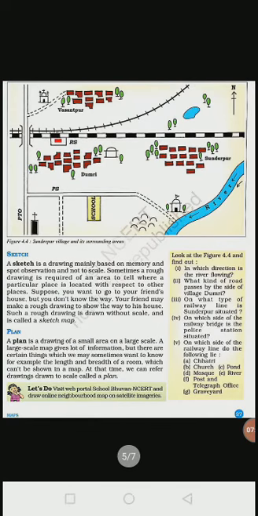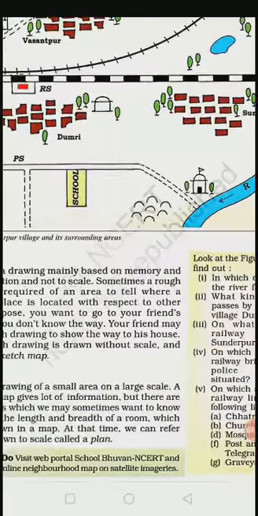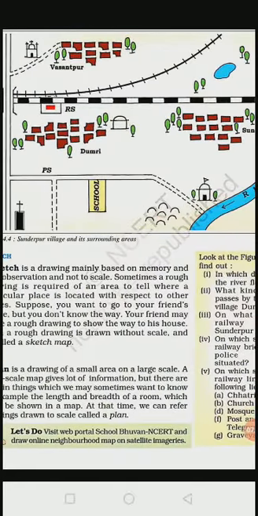Then next one, you can see there is a sketch of one village scape, and its name is Vasantapur. In that Vasantapur, you can see that different symbols are used. Green color is used to show the trees, then brown color is used to show the settlements. Then railway lines are also shown there, temple is there, church is also there, mosque is there. You can see blue color shows the river, as well as metal road and some non-metal roads are also shown there. So railway station is there, post office, police station is there.